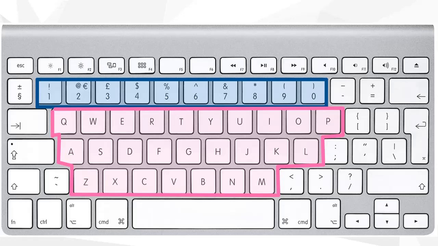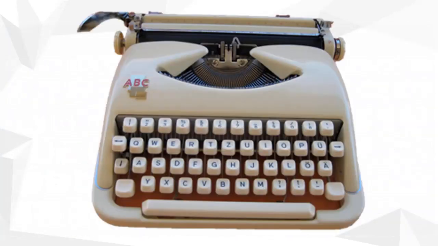Children, can you think about any other device which is used for typing, which has the letters in the same order? Which device did you think about? Yes, one such device is the typewriter. Have you seen a real-life typewriter? Do you have one at home? Wow, that must be amazing.